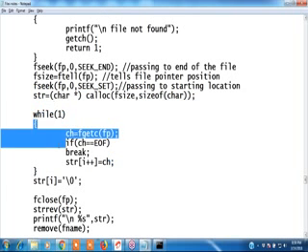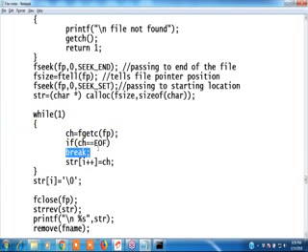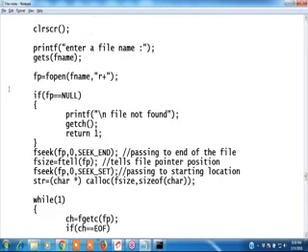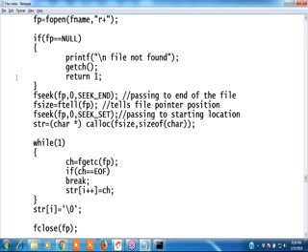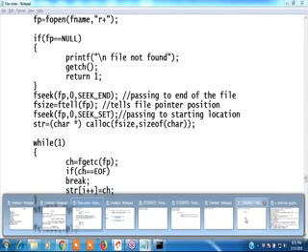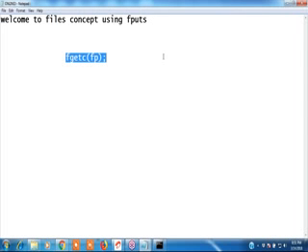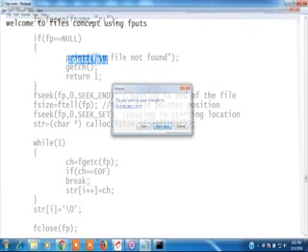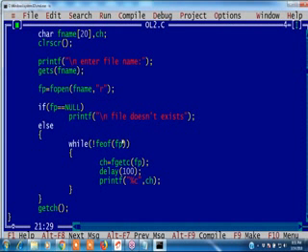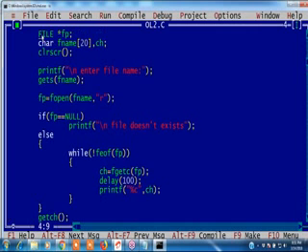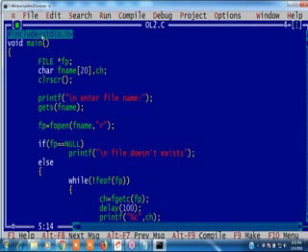For the total size, we read from that file, ch equals fgetc, and store the data we read in this. Okay, we'll see. What I want to do is reverse and print it. For example, we'll write this program. This text is there, right? This text I want to reverse and print to that file. How to reverse and how to print it, we'll check. Okay guys, see, a file pointer I have taken, file name we have taken.